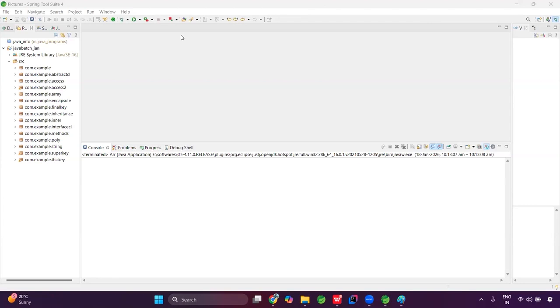See, in the array concept, what all the problems do we have in array? The first problem was with the space. You can only store a fixed number of values, right? And the second thing is you can only store the same data type, right? But when it comes to the collection,